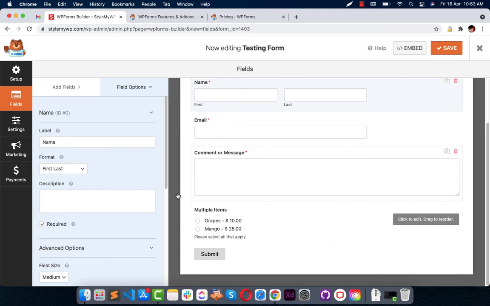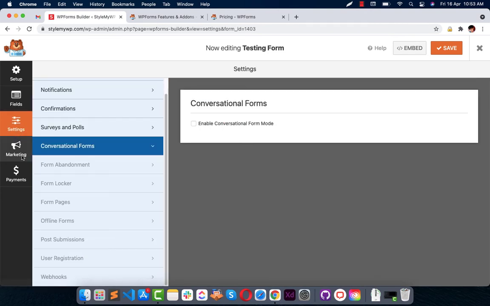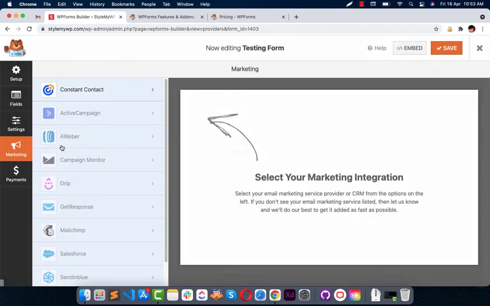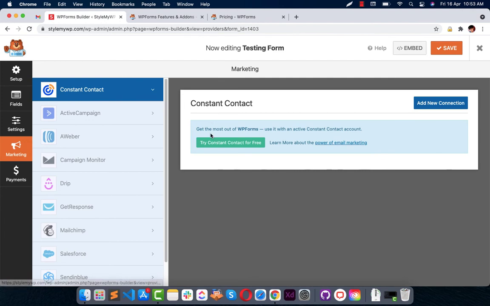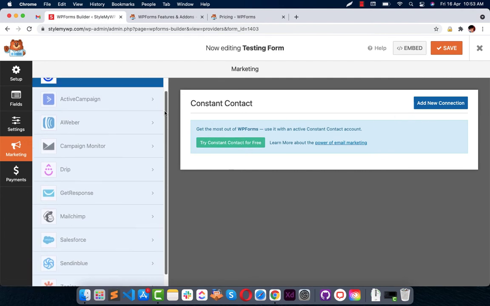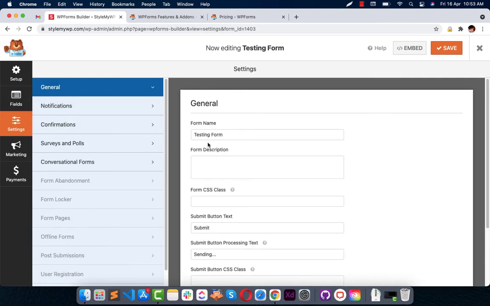So when it's there, just keep to marketing, and enable the Constant Contact integration. So you create subscribers out of your email listings.